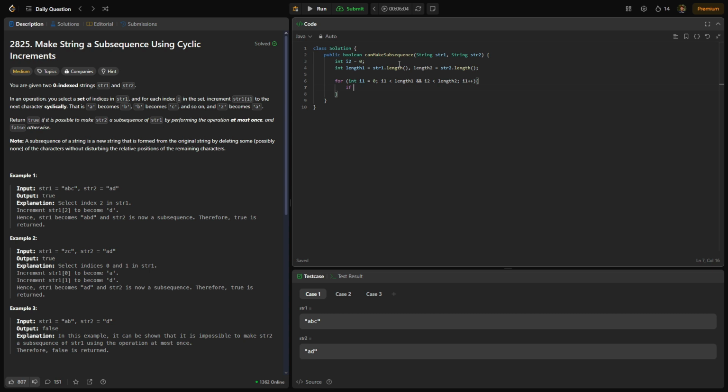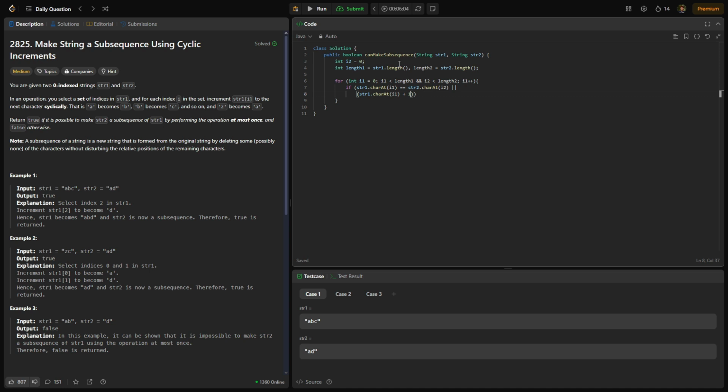So if str1.charAt(i1) is equal to str2.charAt(i2), that's our first case scenario: the character in string 1 is equal to the character in string 2. Or if str1.charAt(i1) plus 1, so we're going to increment it one character forward,